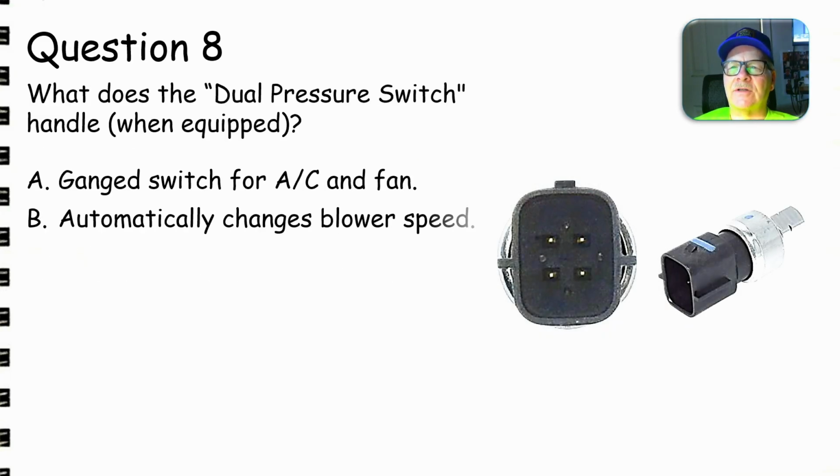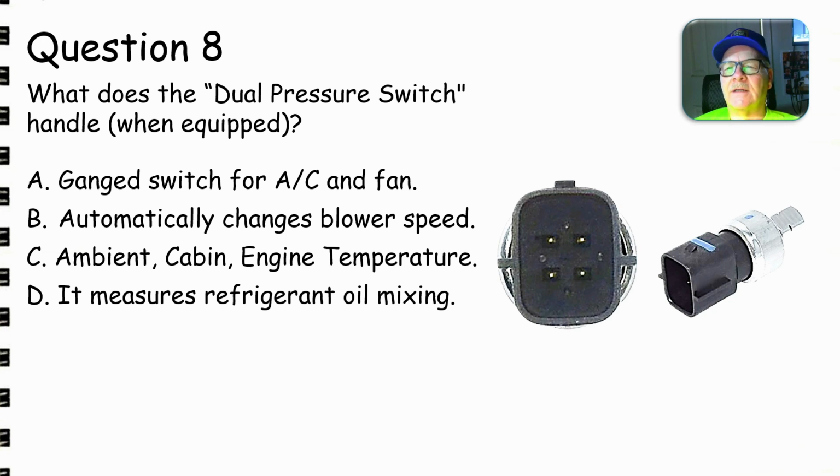Question 8, what does the dual pressure switch handle when equipped? It's a ganged switch for AC and fan, automatically changes blower speed, ambient, cabin, and engine temperature. It measures refrigerant oil mixing. In other words, I meant to put that it measures this. But